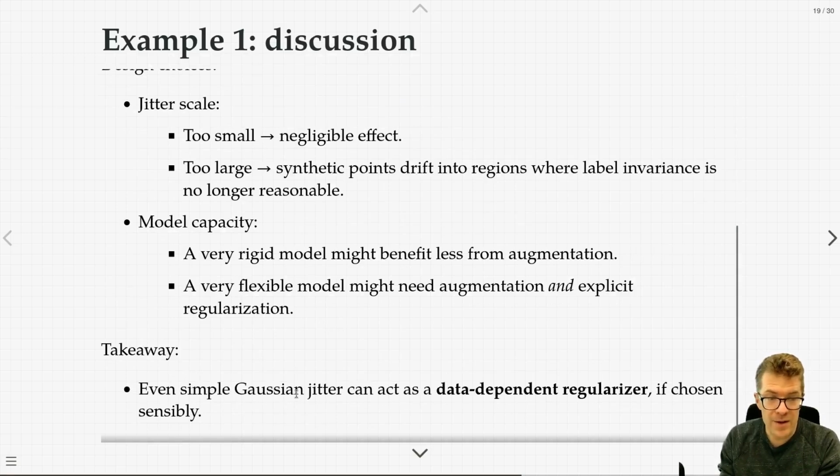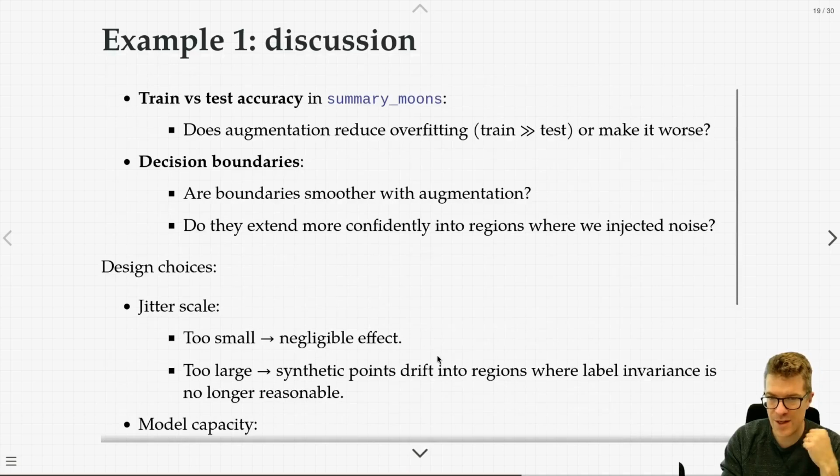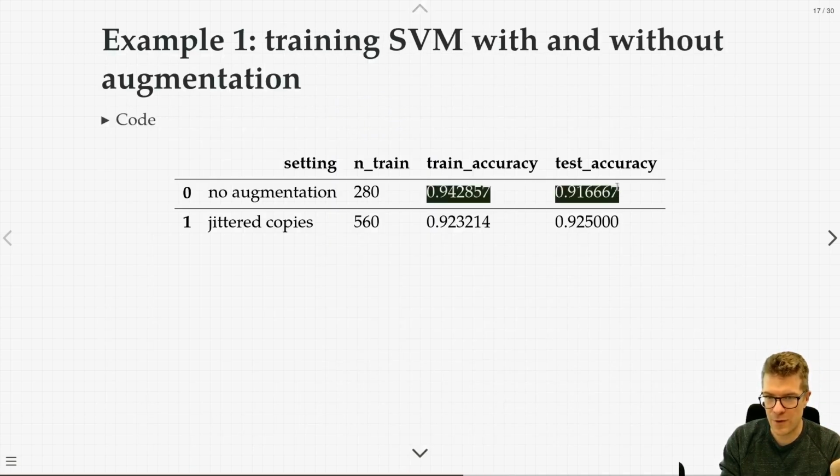The main takeaway here is that even simple Gaussian jitter can act as a data-dependent regularizer. So you can do regularization simply by adding a bit of noise using Gaussian jitter. But you have to be sensible. Your hyperparameters are still something that will matter to your overall performance. And another thing kind of implicit in all of this is that we already started off with very good train and test accuracy. This isn't exactly a situation where we have